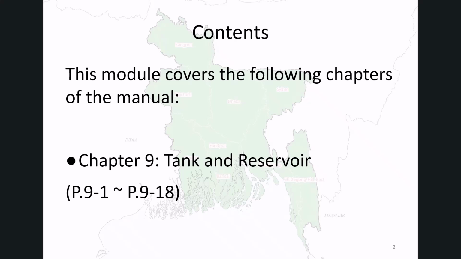Today we will learn about points on the operation and maintenance for tank and reservoir in POSHWA piped water supply schemes. By the end of this module, you should feel confident giving technical supports to POSHWA engineers to diagnose pipeline performance, understand failures, and guide proper operation and maintenance. So let us begin by understanding what reservoir tank is, how it works, and why it is essential for safe drinking water supply.